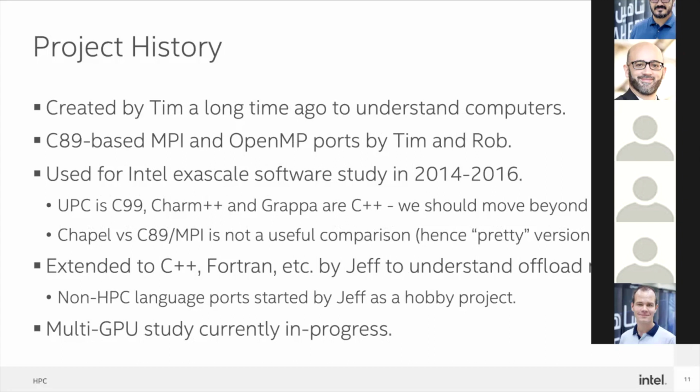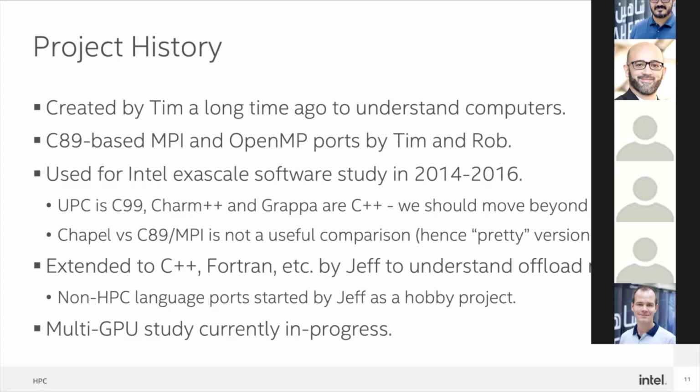So as I said earlier, Rob and Tim basically created it before I joined Intel. When it was created, and it remained for many, many years, a C89 MPI OpenMP project, and that would be MPI 1, and that would be OpenMP 2.5. So it was not focused on programming models, it was focused on architectural features. And Tim had done some CPU architecture projects in the past where he'd wanted to understand things, and so in that sense, it was being used more from a hardware perspective for a long time. They weren't doing anything with programming models that was interesting. They were just focused on the algorithms and the implications to hardware.